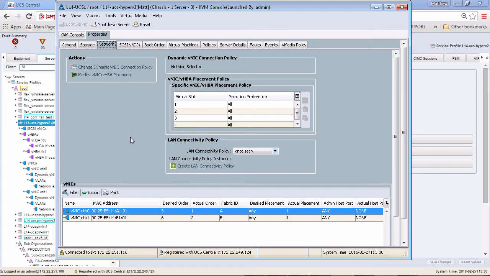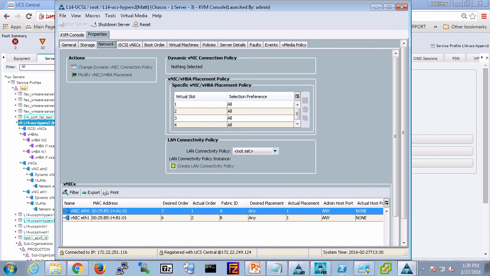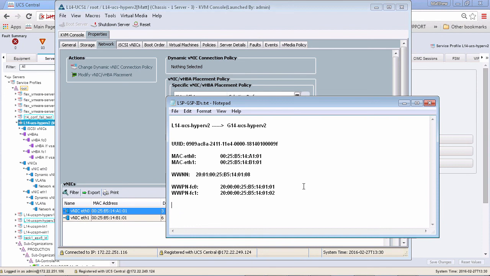So basically, this is all about capturing the current state. We want to make sure that we have all these identifiers accounted for. And what I've done is I've actually copied and pasted everything into a notepad for this specific example